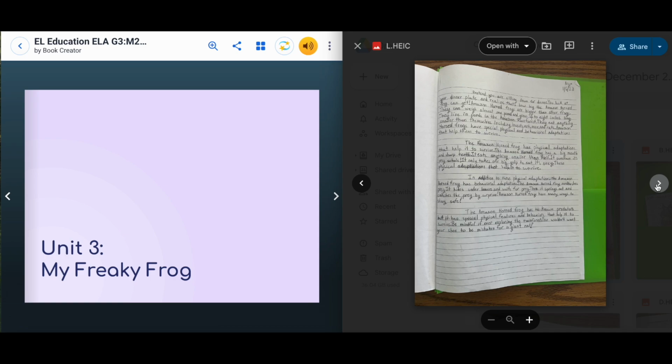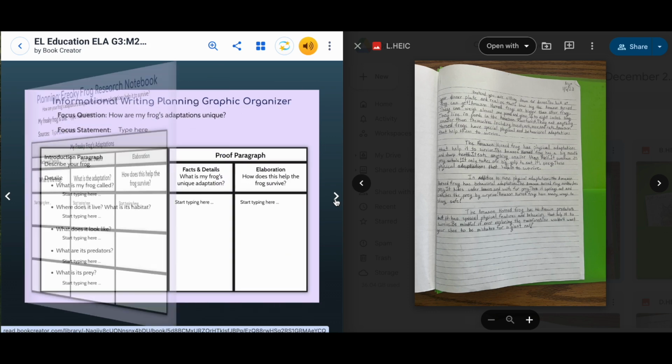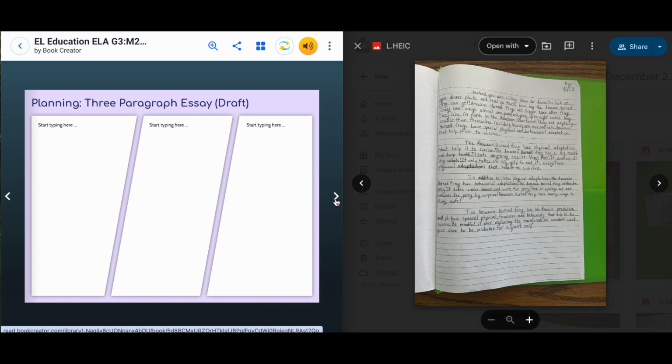In Unit 3, in Lessons 1 through 6, students get to research their chosen Freaky Frog by collecting facts and details and elaboration on how this helps the frog survive. After that, they begin drafting their essays and take a mid-unit assessment where they write a proof paragraph about frog adaptations. After they write their